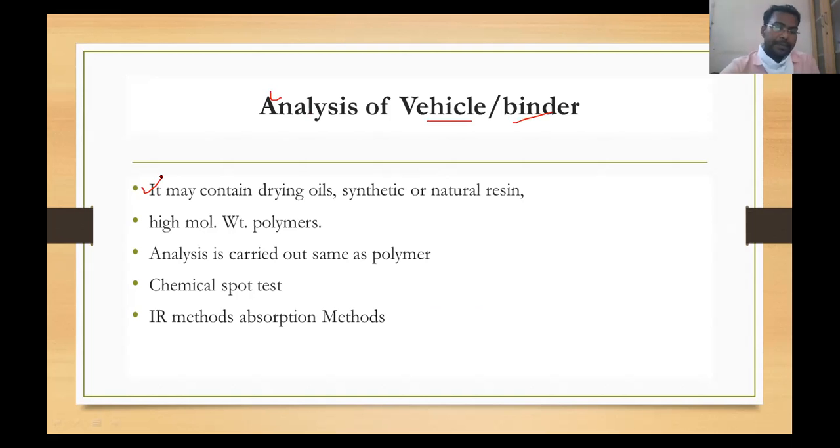Basically, it may contain drying oils. कौन से ऑयल से ड्राइंग ऑयल, लिंसेड ऑयल किस तरीके से, कैस्टर ऑयल क्या है, ऑलरेडी वी डिस्कस. ये सबसे इंपॉर्टेंट चीज यहाँ पे आपको कि ड्राइंग ऑयल यहाँ पे होना चाहिए एंड सिंथेटिक और द नेचुरल रेजिन. ठीक है, ये रेजिन जो पॉलीमरिक रेजिन होता है, एक सबसे इंपॉर्टेंट पार्ट यहाँ पे होना चाहिए आपके पिगमेंट के अंदर. It will require high molecular weight polymers. Then basically this analysis is carried out like to the polymer.